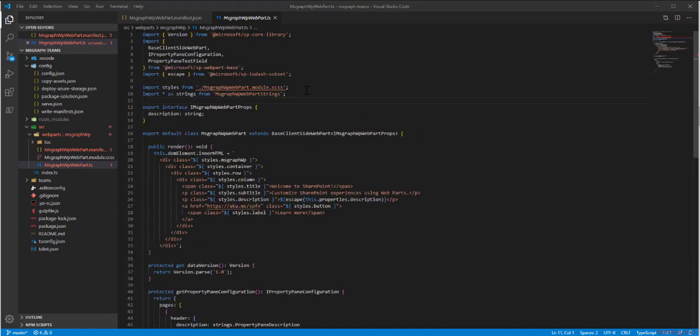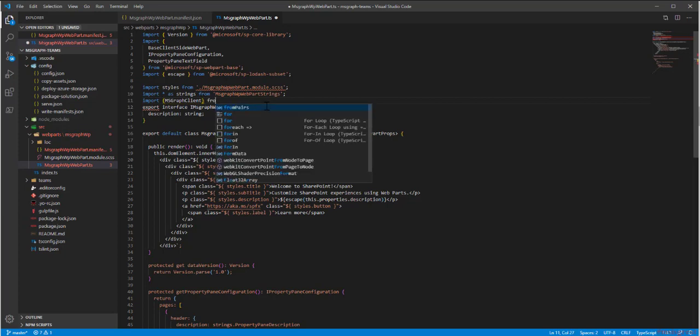For that, you just open the main TypeScript file, which is the web part file, and within that you need to start using import MS Graph, which is the MS Graph client from